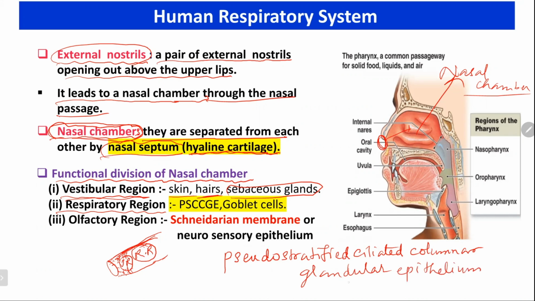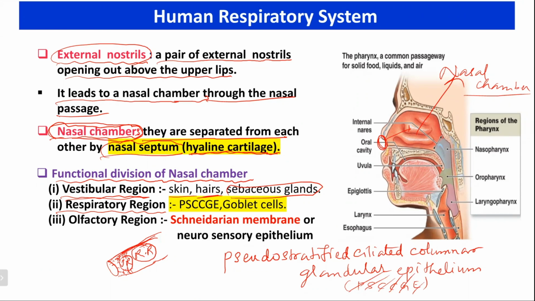So pseudostratified ciliated columnar glandular epithelium